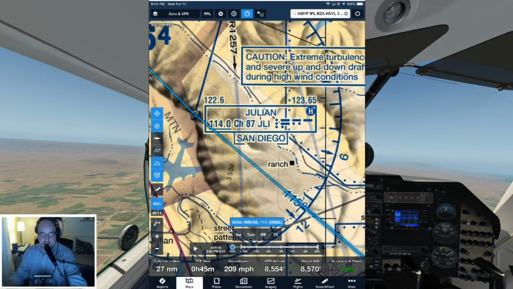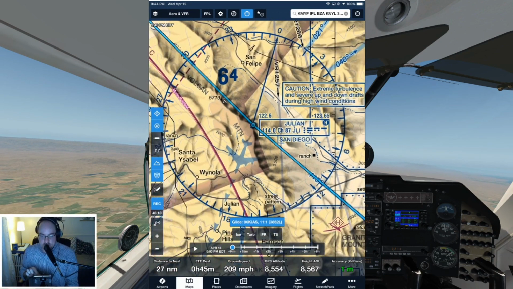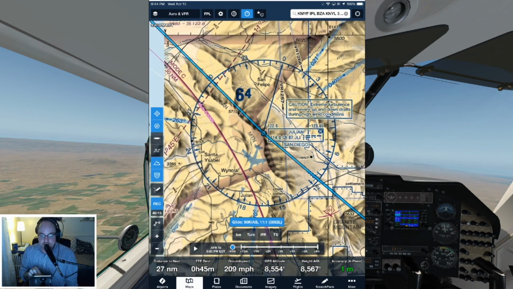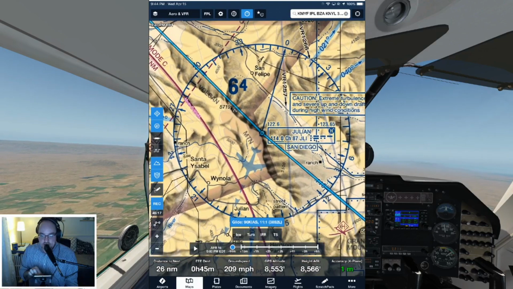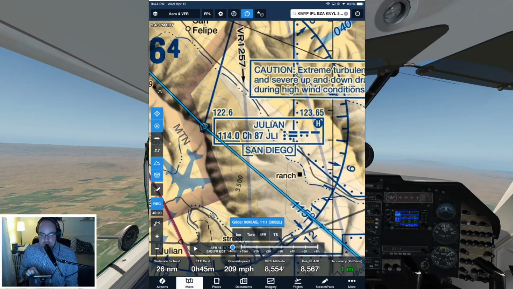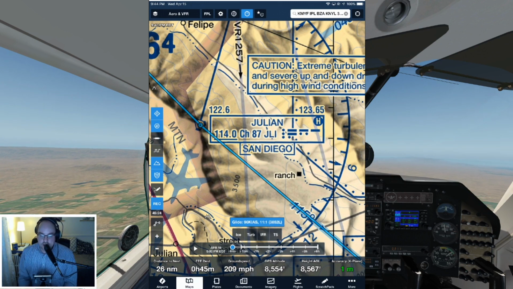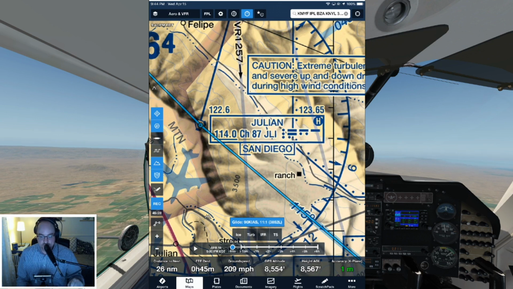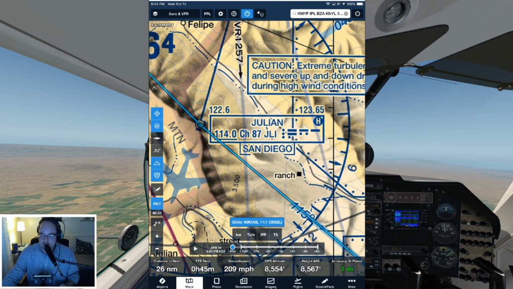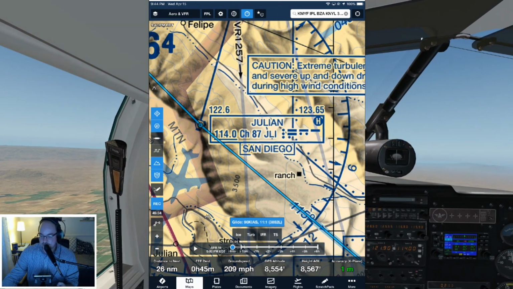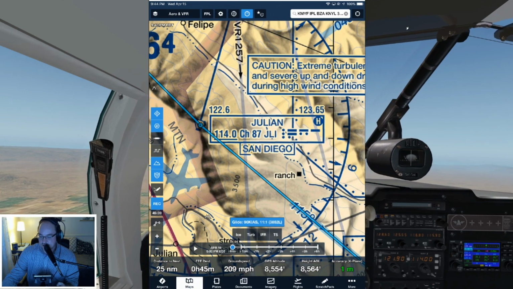If you look at the iPad again, this is what a VOR looks like on a sectional chart. It's got a compass rose around it, and then there's a little blue box in the middle that gives its frequency, and also to the right of it is a Morse code indicator. So what you can do when you've got a VOR tuned into your navigation radio, when you want to make sure that what you're navigating to is actually the correct VOR,